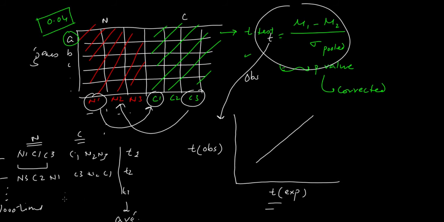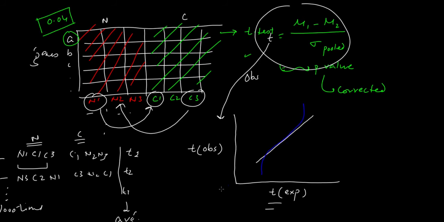Any deviation from this diagonal line will tell you that a particular gene was highly expressed in one of the samples. So for example, you may get data like this. This is the expected thing that as a random null we expect, right? If there was no difference between this and this, and of course in real life there would be significant difference. Let's say this is what you observe.